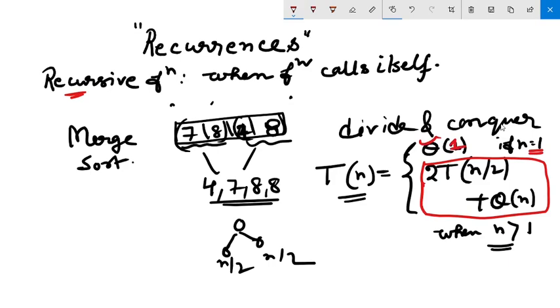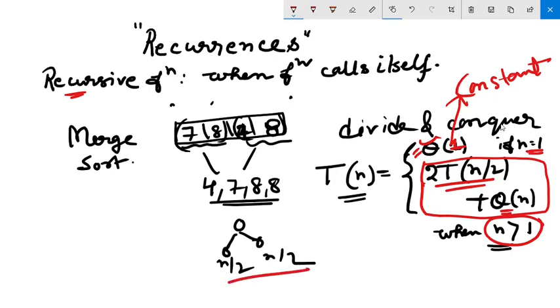I have just shown you in the case of factorial that the value of n will be reduced, and at some point the value of n will become 1 or 0. So that part, if n equal to 1, is constant. It is not contributing anything towards the time. But when n is greater than 1, this part, 2T(n/2) plus theta n, contributes immensely to the algorithm, because merge sort is a divide and conquer strategy where every time we are partitioning. That is what the merge sort algorithm is.